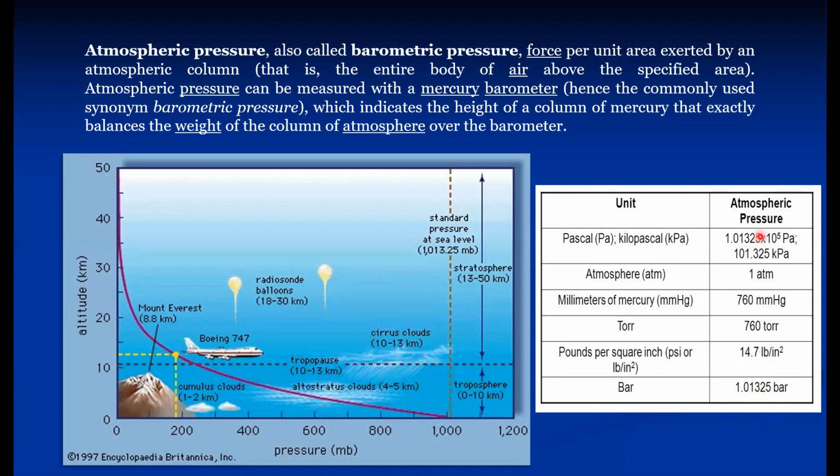If any absolute pressure is less than these values, we can say that the pressure is below the standard, below sea level. So these are the standard atmospheric pressure expressed in different units. This is the first terminology of pressure, that is atmospheric pressure. We can say that pressure exerted by the envelope of air on a specified surface is called atmospheric pressure. It may be called a standard atmospheric pressure or the local atmospheric pressure.